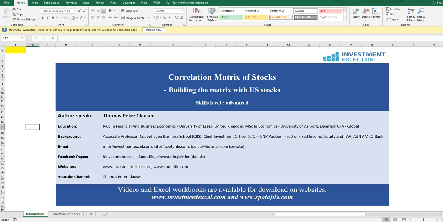I'm representing investmentexcel.com in this presentation on how to calculate the correlation coefficient between two assets and also how to calculate the correlation matrix of several assets. And we will use stocks from the US market as example of